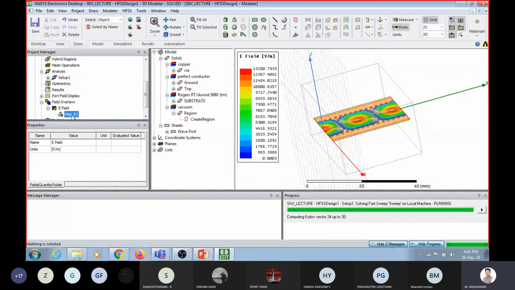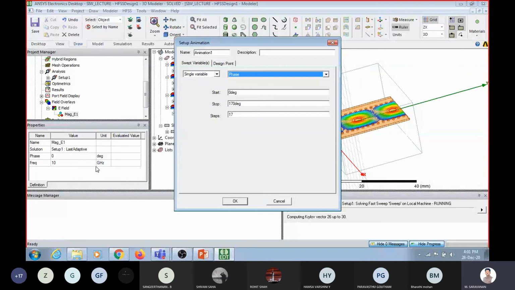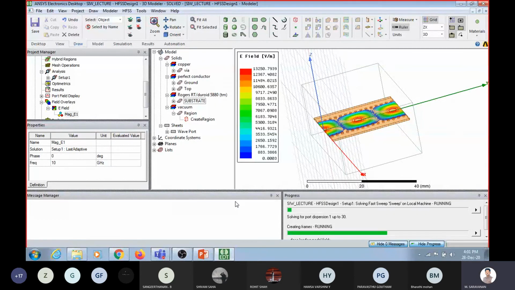So you can see how the fields are confined within the boundary, similar to that of your traditional waveguide.